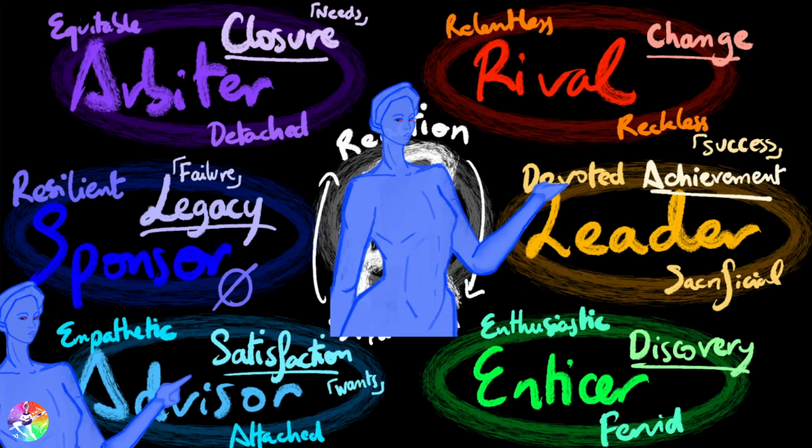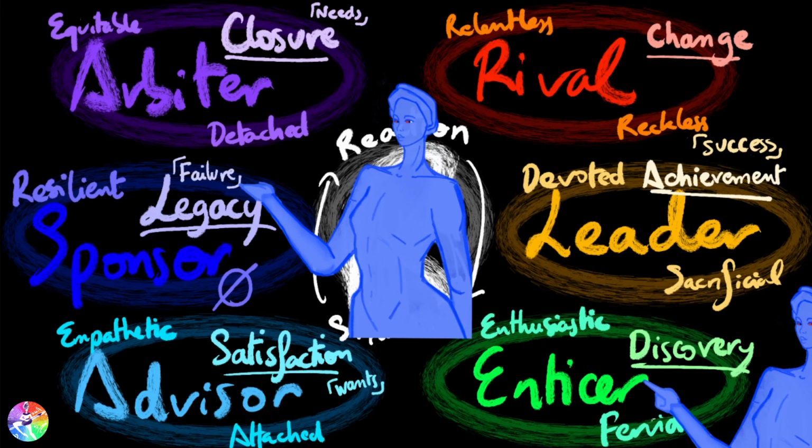They could help each other to correct each other's weaknesses, since they're both presenting what the other is lacking. The same logic is applicable for every pair, so leader and sponsor, or enticer and arbiter. And if you compare directly the function of these characters, you'll see quite fast that they would oppose each other, because their inner workings, the way they see the environment, the way they see other individuals, are directly opposite,